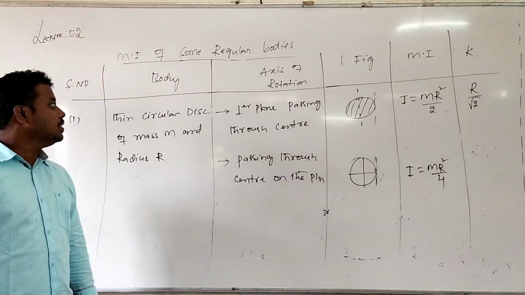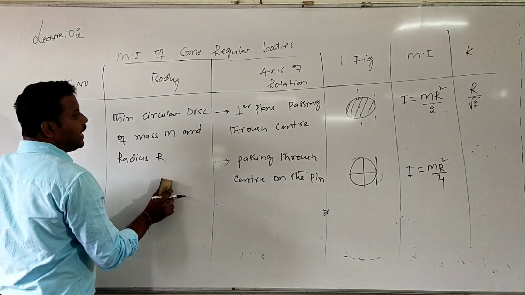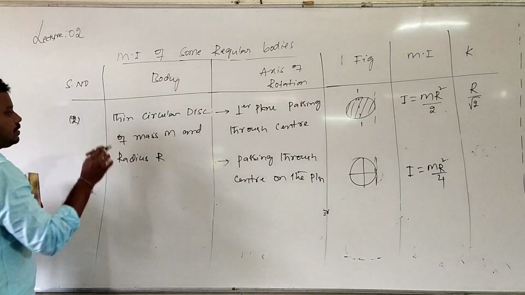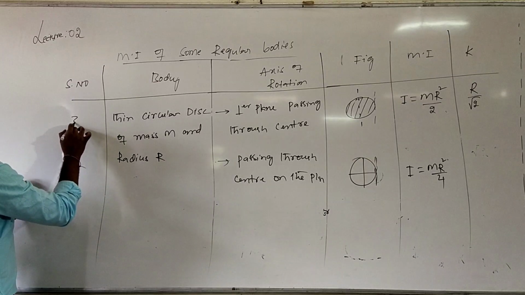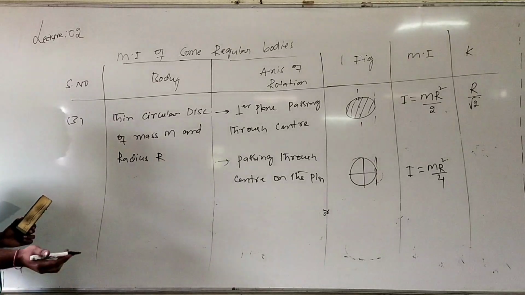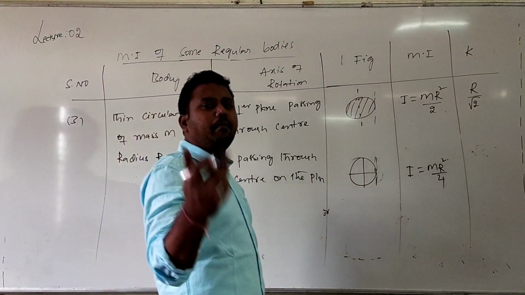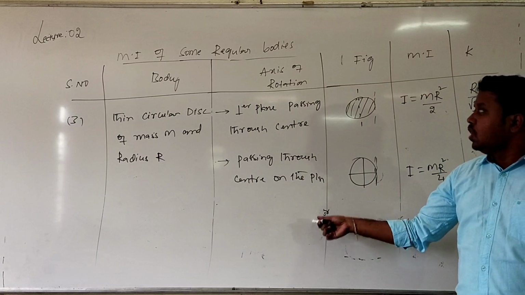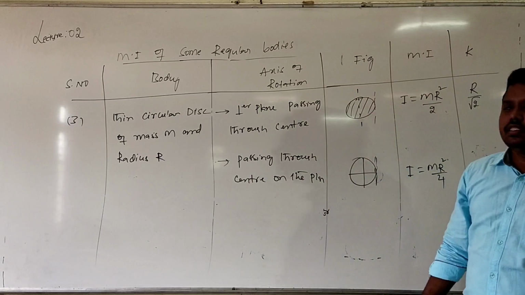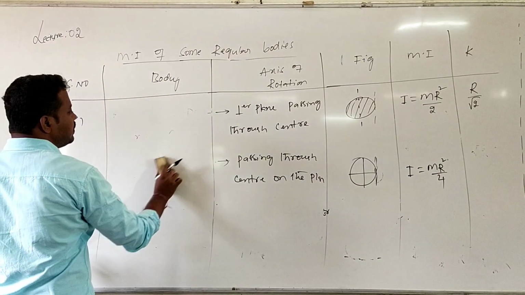Understood? So this is for a circular disc of mass m and radius r. So that was the second case. After completion of the second case, now the third case. I'm not writing all this because, similar to how we calculated for the circular ring, in the same manner we want to calculate for a circular disc about different axes. What are the two other axes? You know that now? So the third case.